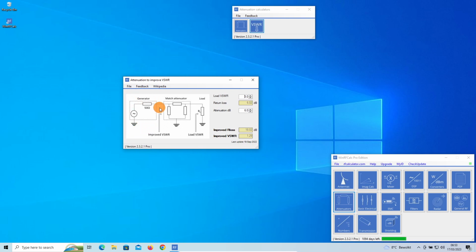have the generator see a better load than the load actually is. So let's say, for example, if the load VSWR is 10, in that case, the return loss is 1.75 dB, so that's not too good. But if you add here a 5 dB attenuation, then the 1.74 dB return loss is going to be improved. You see here VSWR is 10 and the load sees 1.7, and the higher the attenuation, so for example let's go to 10,